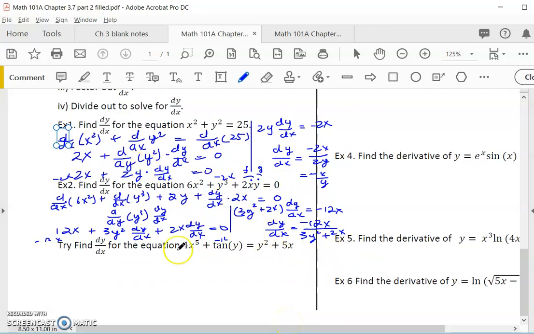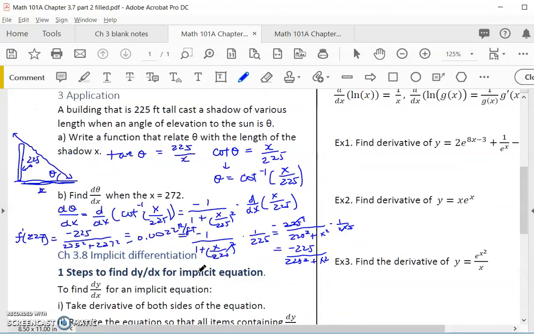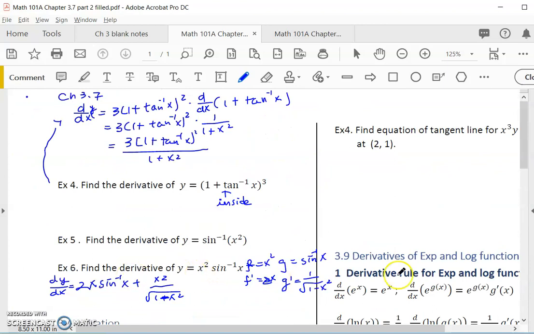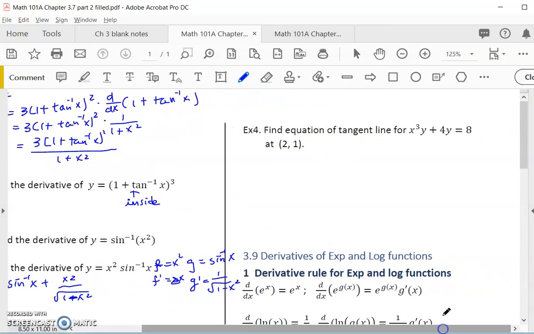The third one, oh, I could use this space. The third one we'll do in class. It's a more difficult one. So let's do one where we actually find the equation of the tangent line. So my equation is x cubed y plus 4y equal to 8. This is a very famous graph. If you graph it, it's a very special graph that is like that. It has a name also. If we have time, we'll go over it in class. But anyway, let's do the